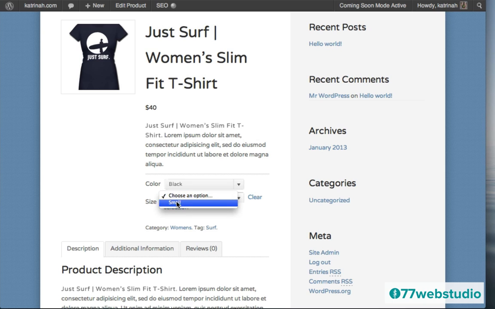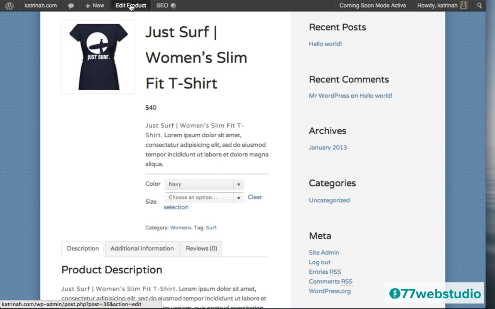So we see once again this is only in small, and it looks like the medium is not being displayed because we need to set the price on that as well. But we saw just in the previous example how you can troubleshoot that and fix that. So when we click on navy, we see that this one is available in all the different sizes except for small, which again, the reason it's not showing up is because the price was not set.